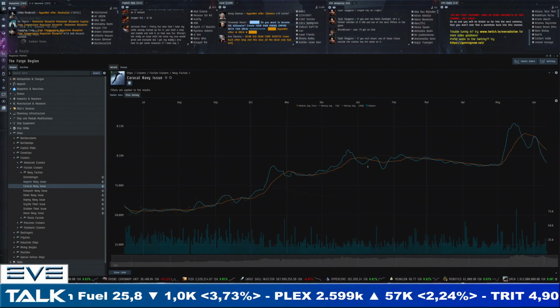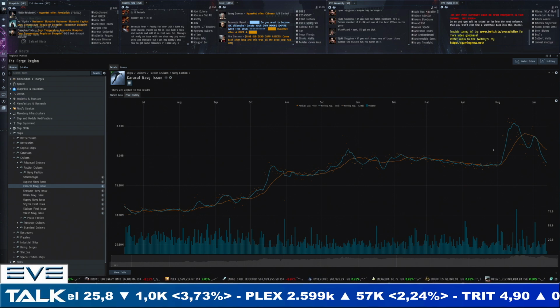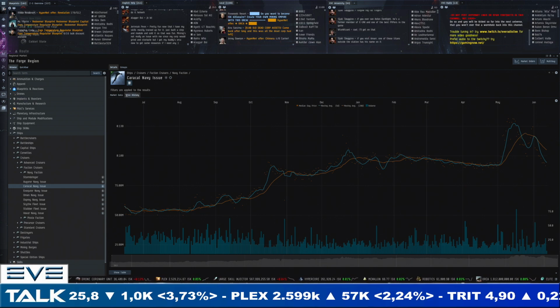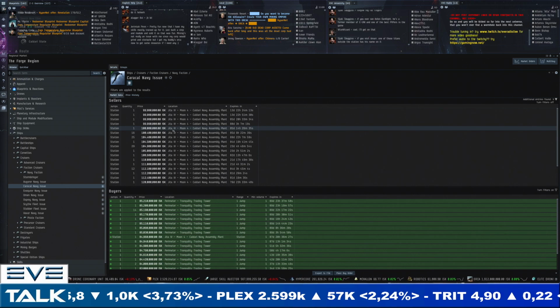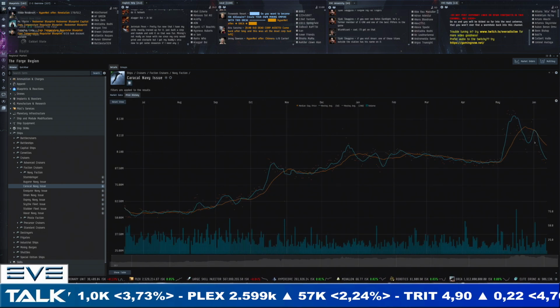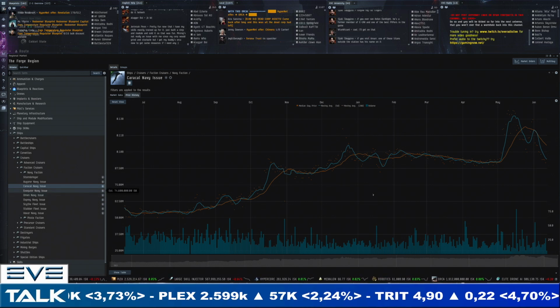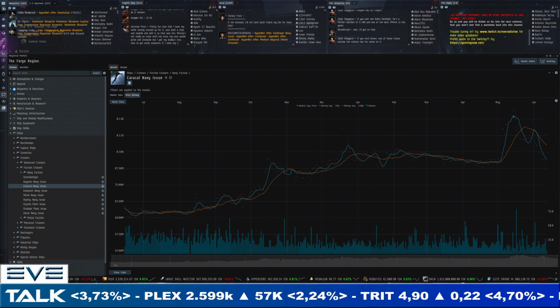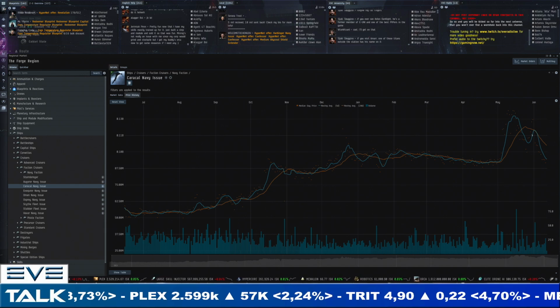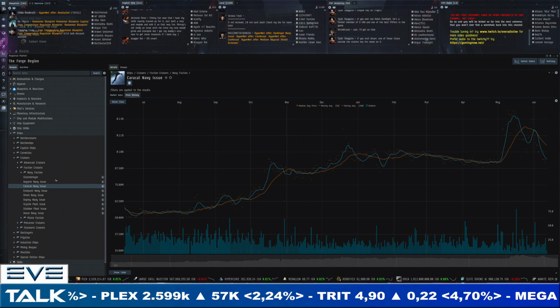And then we come to Caldari, that is finally going back down in price substantially, although this one doesn't look like a very clear buy price just yet. Below 100 million for the sellers, 85 million for the buyers. Not that unusual for a Caracal Navy Issue, but clearly what we are seeing is cheaper prices, and so Caldari LP should be flowing at the moment if they're doing that well in